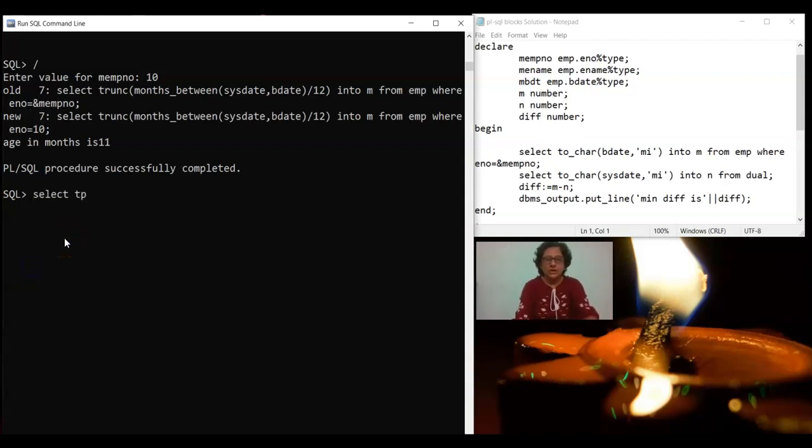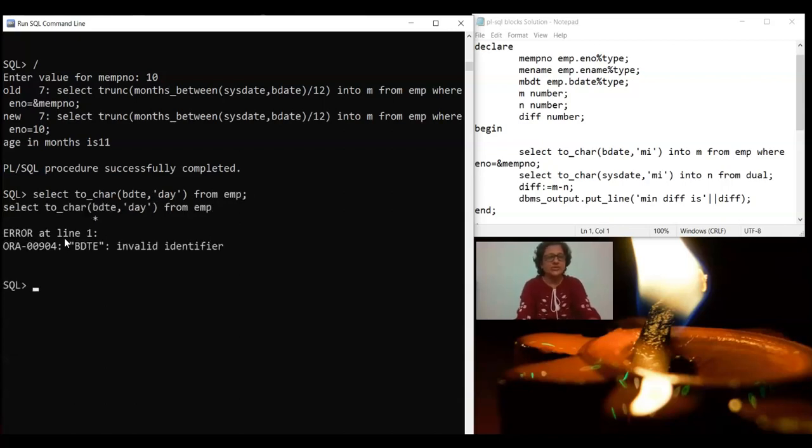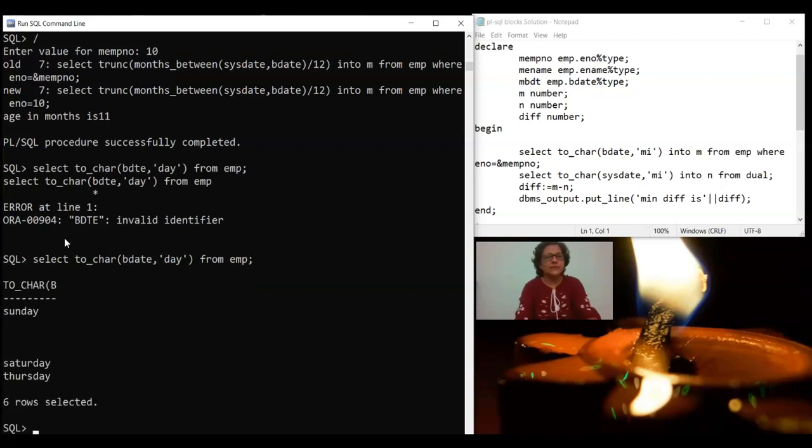I'll show you how to find out the day, or maybe I'll use bdate from EMP. I'll show you the structure. I think bdate is not there, it is bdate. You can see here Sunday, Saturday, Thursday, something like that.